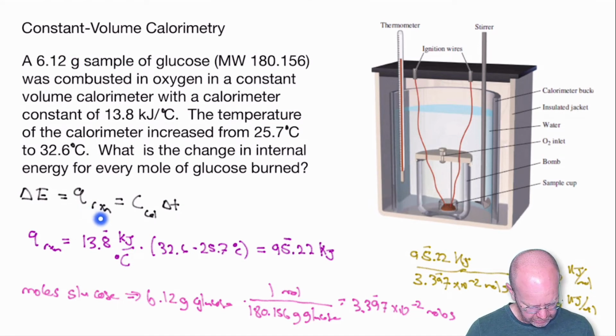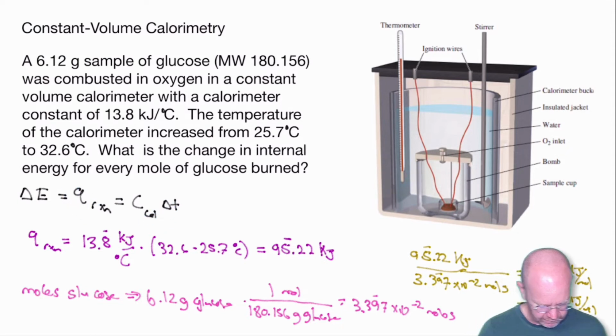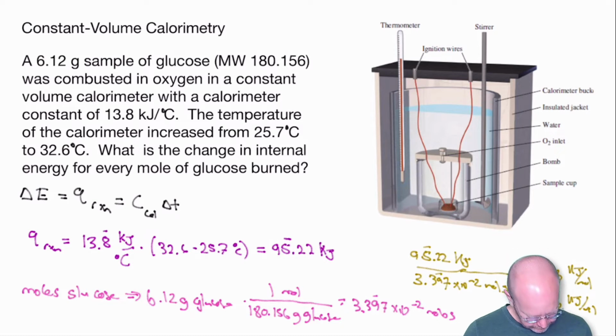Q reaction equals the calorimeter constant times the change in temperature. That will allow us to find the heat of reaction. So here we go. 13.8 kilojoules per degree Celsius, that's our calorimeter constant. The calorimeter ended up at 32.6 degrees and started at 25.7 degrees, so that's our delta T term right there. And what we see is we end up with 95.22 kilojoules with two significant digits on that because of the